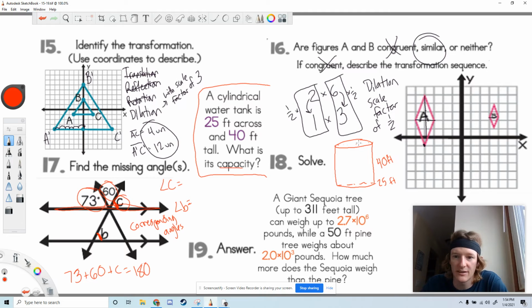The volume of any type of prism, which a cylinder is a type of prism because it's a circle repeated over and over again all the way to the top, same diameter all the way to the top, you find the area of its base and you multiply it by its height. So volume is base times height. Its base is a circle, so the volume here is going to be,